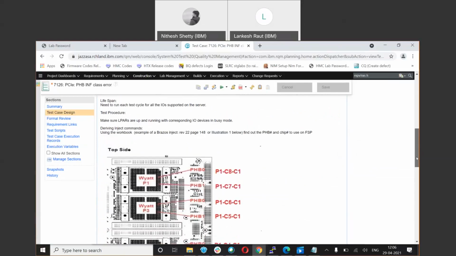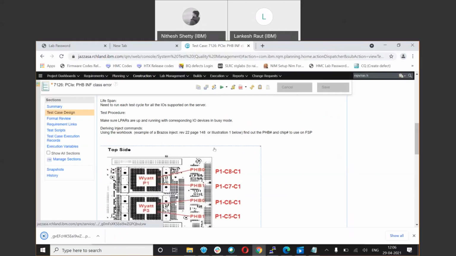If you want to go more into this, you will have all the illustrations and all those things. Now you just got an overview of what exactly is expected in this test case. But if you feel like you still don't understand what exactly is happening here,